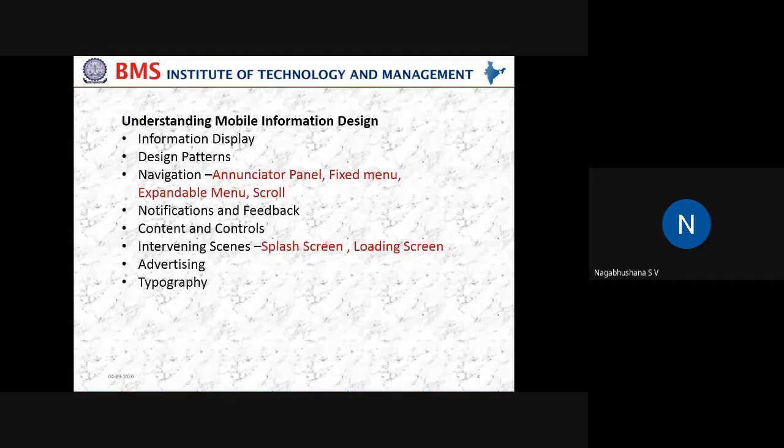So there are a lot of design patterns available. One such is MVC, model view controller, the second is MVP, that is model view presenter, and the third kind of design pattern is model view view model. Then we have the model view pattern, then we have VIPER, and Flux. So there are different kinds of design patterns which are used for developing apps in mobile devices.